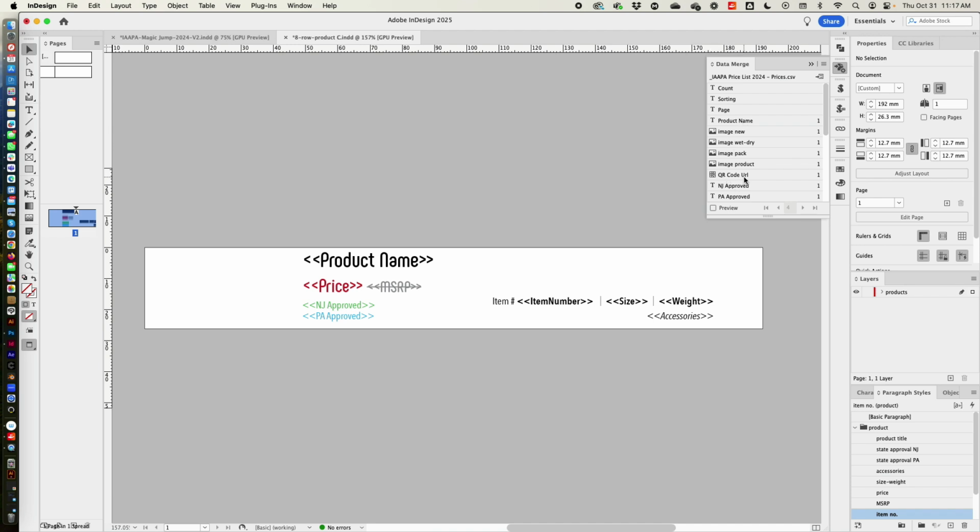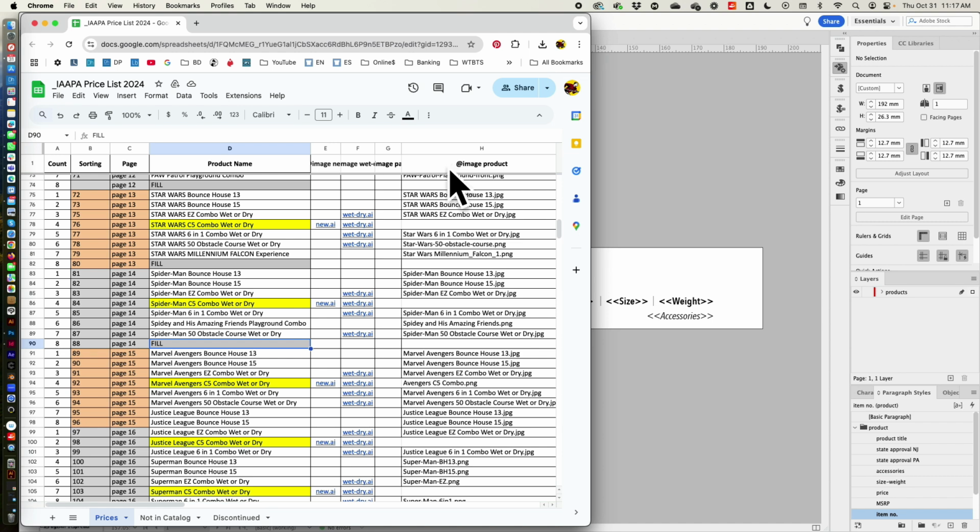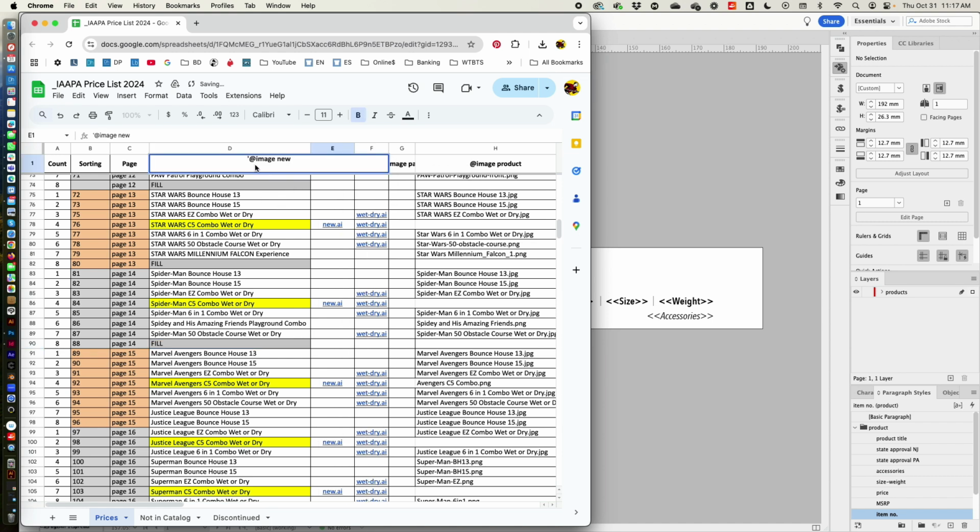So that's a key formatting choice to put into the Google Sheet so that the data merge in InDesign understands what kind of data this is. And the way you do that is by the way you name these. If you notice, anything with an image has to say apostrophe @ image, and then you can put whatever you want on the back end. But this apostrophe @ image